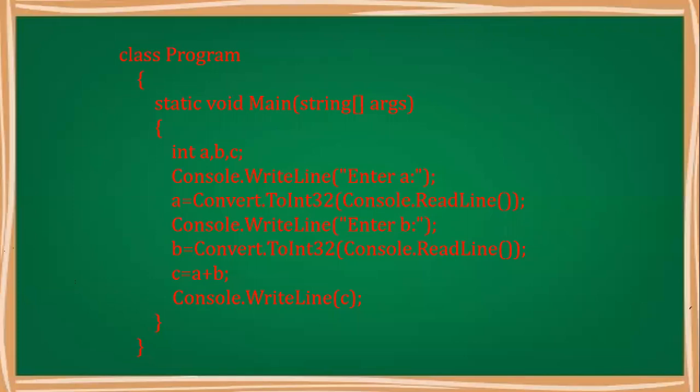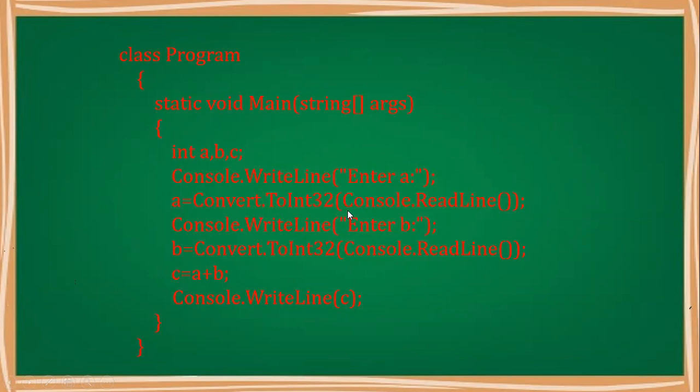This is called safer programming, because we do not have any kind of control over the user, since this is console programming. Everywhere we cannot put a hint that you have to enter an integer value. So we want to make our program work without any hassle or problem. So we are just preparing our program: let the user enter anything, we will convert it to an integer, and then assign it to variable a. So there are two methods we have used in a single line.